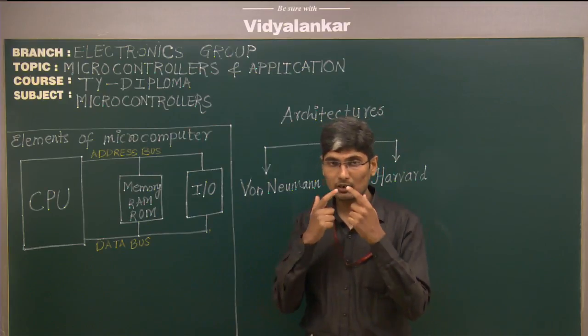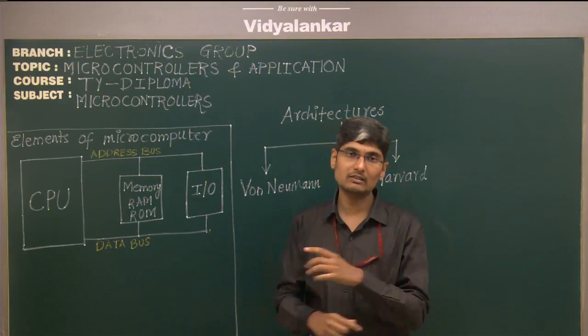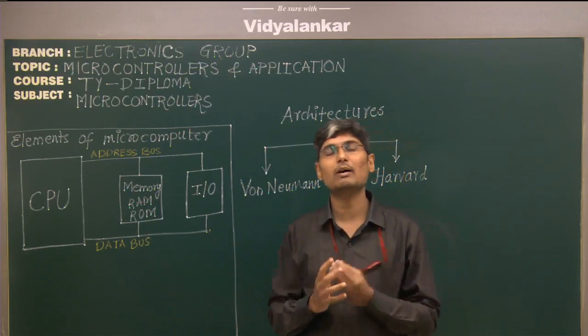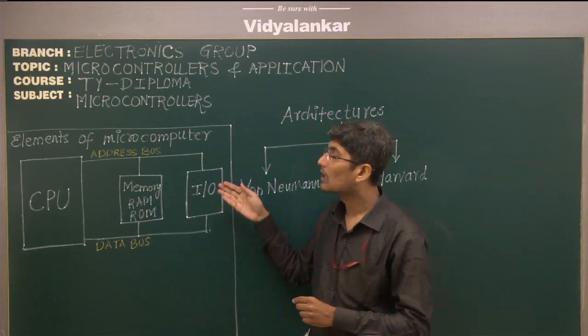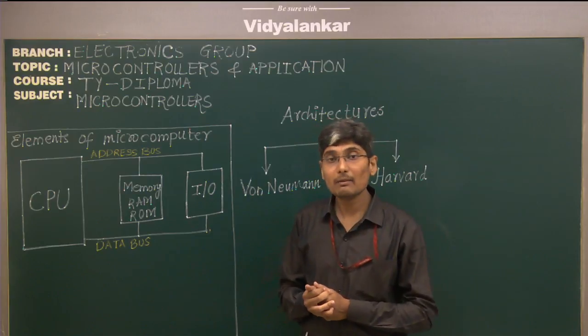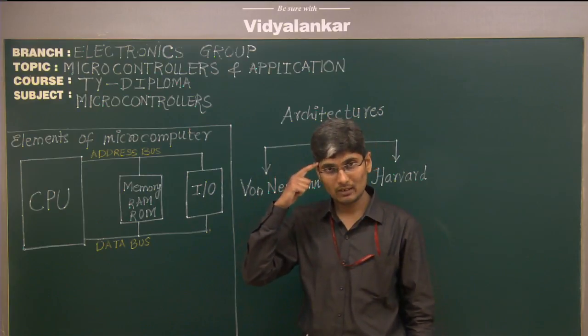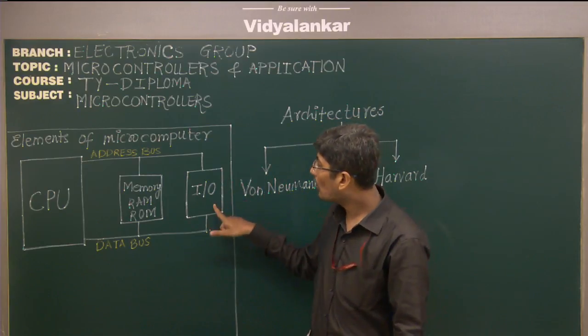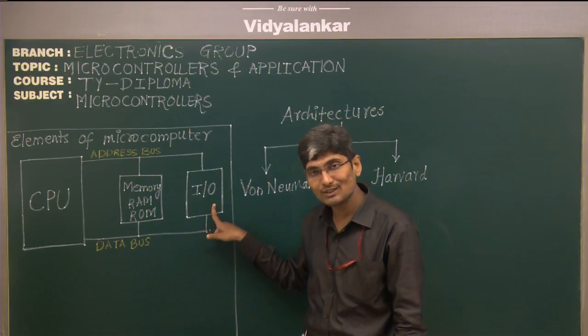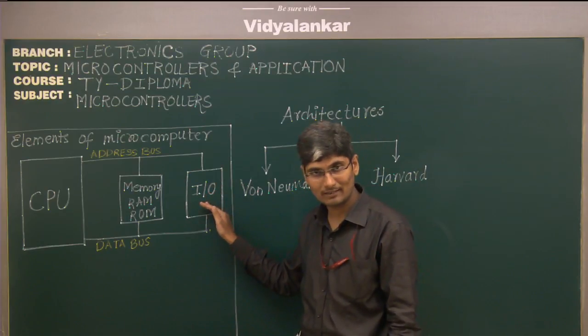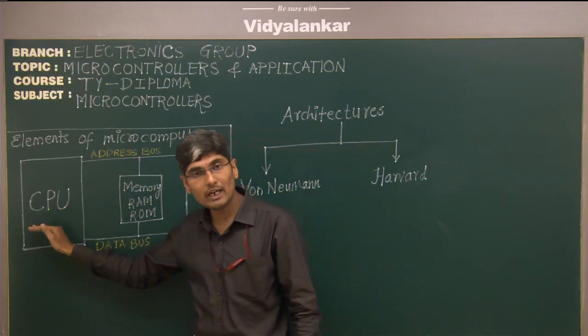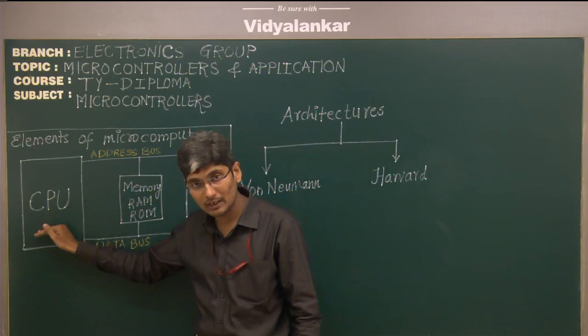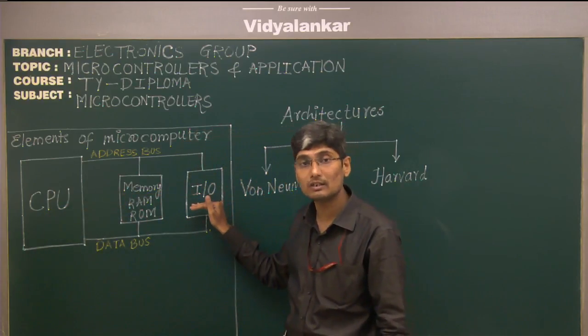Our eyes, our nose, our ears, our tongue, hands, legs, and all these parts of our body are nothing but input-output devices. They provide the information to your brain for processing. So all the external communication takes place with I/O devices. If I want to communicate with my CPU, or my brain, I need to communicate with these peripherals,